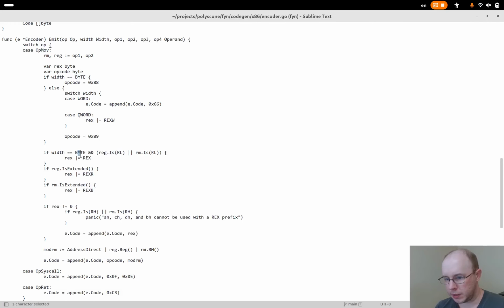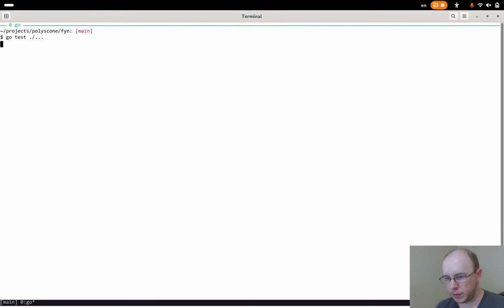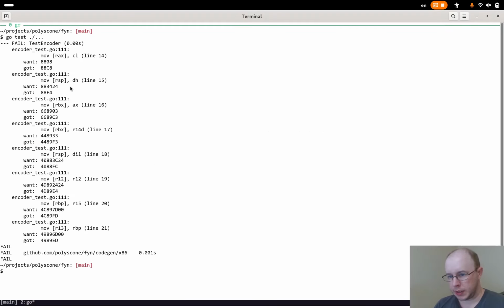Because it's a byte size and SP has the REX flag, I need to check that this is actually a register as well, because I've changed the operand to a memory flag, so I need to make sure that this is register. And just to be sure, I need to make sure that these are also checking that they're actually registers as well. Okay, so now that correctly allows it, but we're getting the incorrect